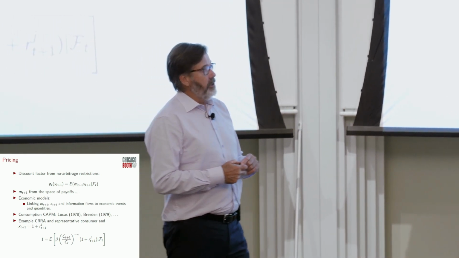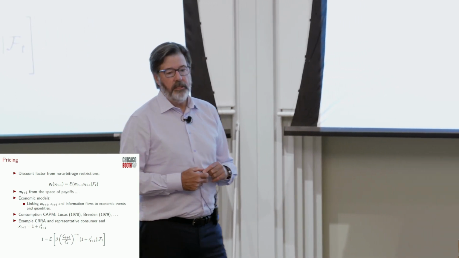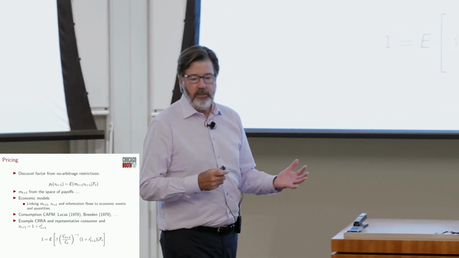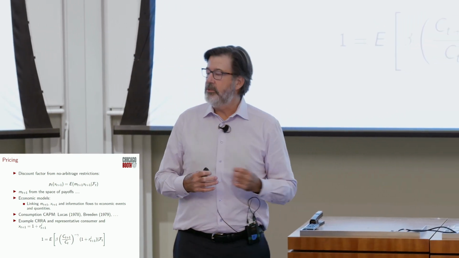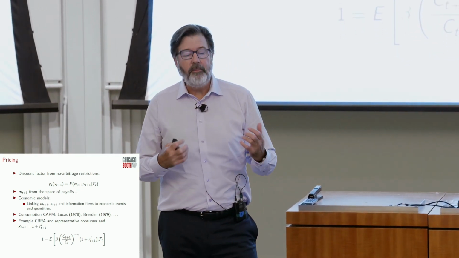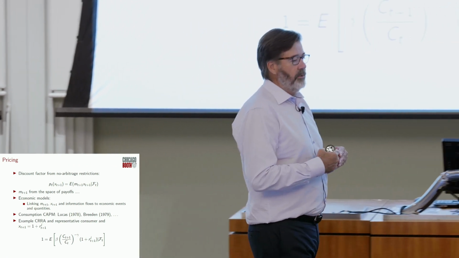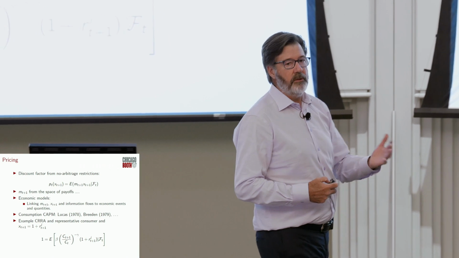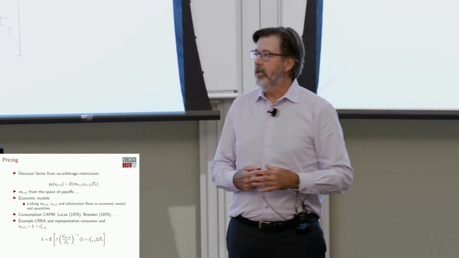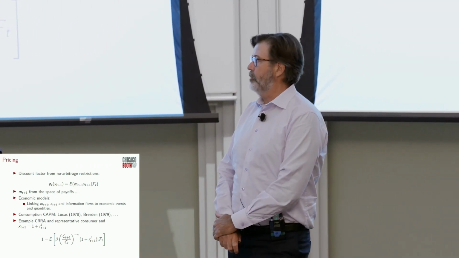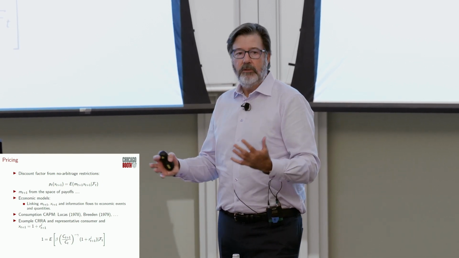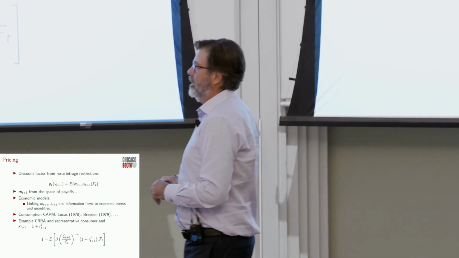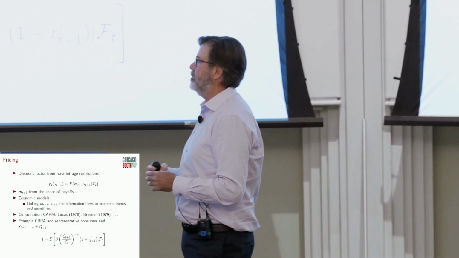So the economic models, of course, would link more broadly MT, XT, the information flows, everything, to economic events and potentially economic quantities outside of the financial markets, right? So that's sort of the macroeconomics, and asset pricing would just say, okay, there's some structure a priori perhaps that links this pricing and the payoffs and the information structure.